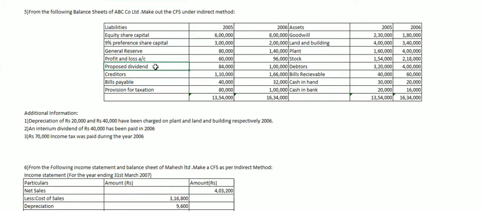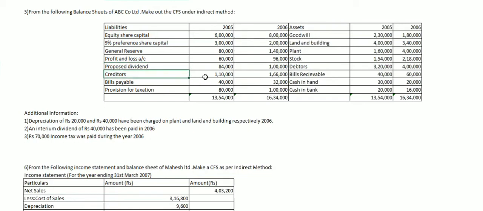Next is proposed dividend. So if you see proposed dividend, so this 84,000 is nothing but your last year's proposed dividend, which is proposed. So hence we assume it will be paid in the current year. So this 84,000 is paid in the current year. So you will minus this from your financing activities, and this 1 lakh, which is your current year's proposed dividend, will be added to your net profit, so that it is a proposed dividend which is made for the next year. So that will be paid up in the next year. So you will add it in your net profit. This is your current year's dividend that is paid.